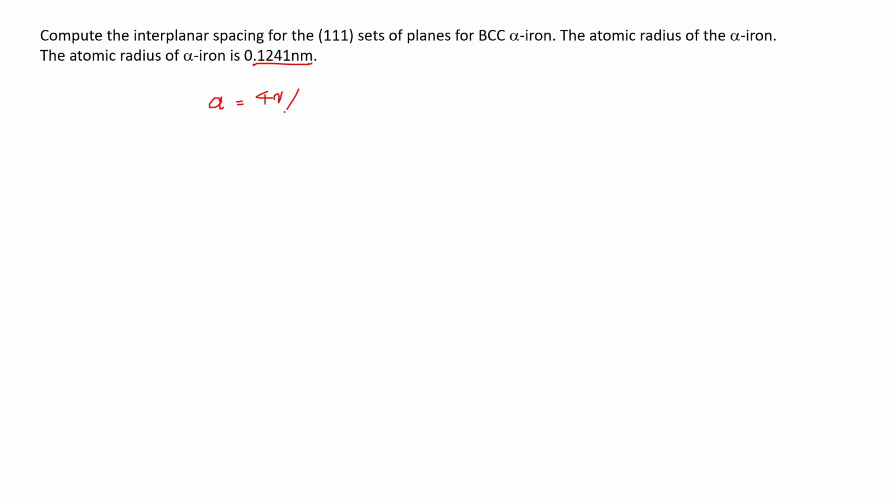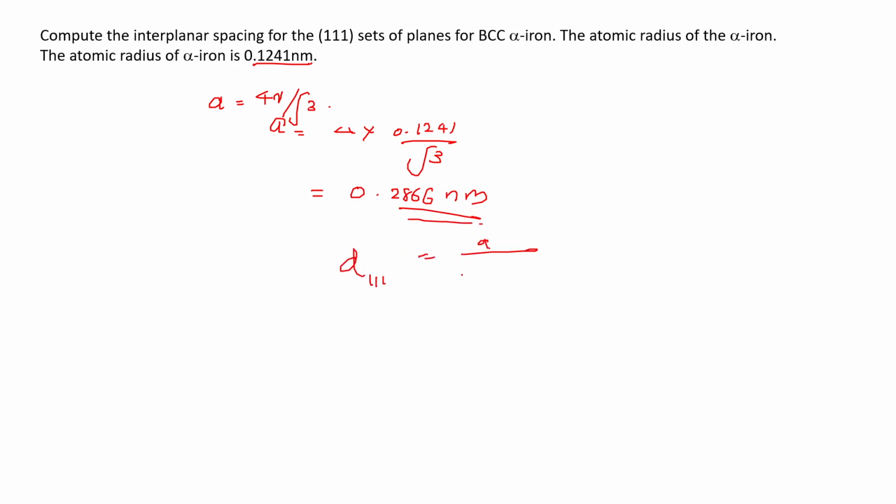it will be a equals 4r divided by root 3. So r is given, so you can calculate the a value, which will be 4 into 0.1241 divided by root 3. If you calculate this value, you will get 0.2866 nanometer. Okay, now the interplanar distance formula we already know,